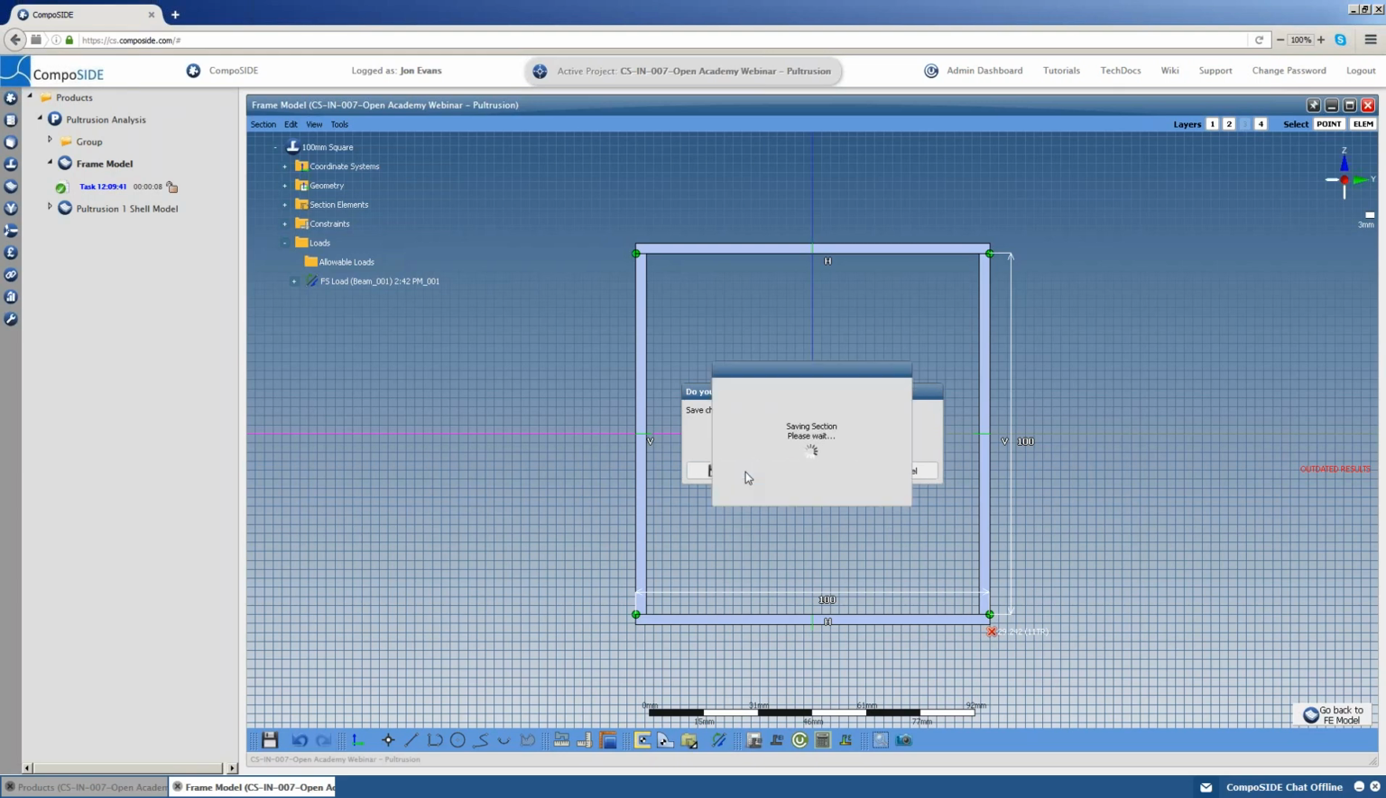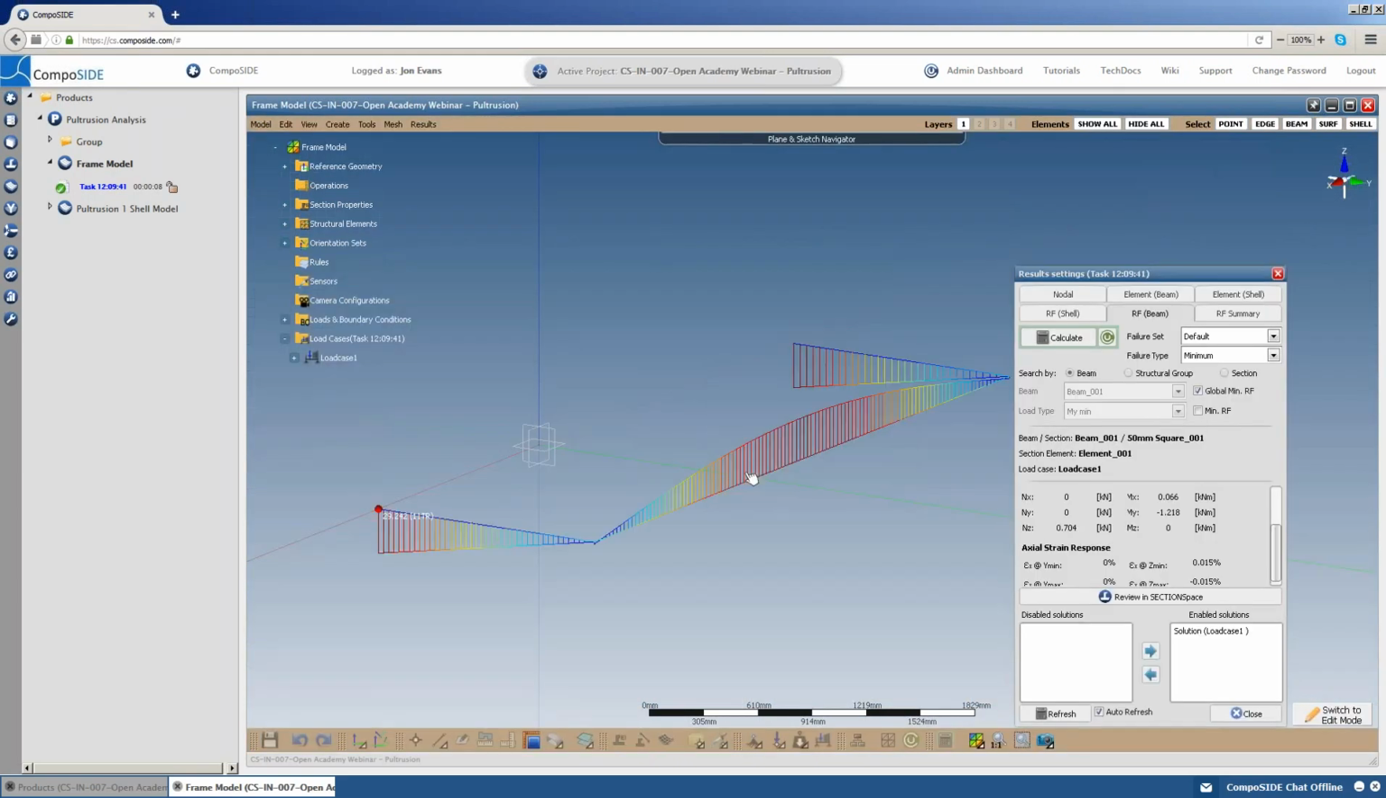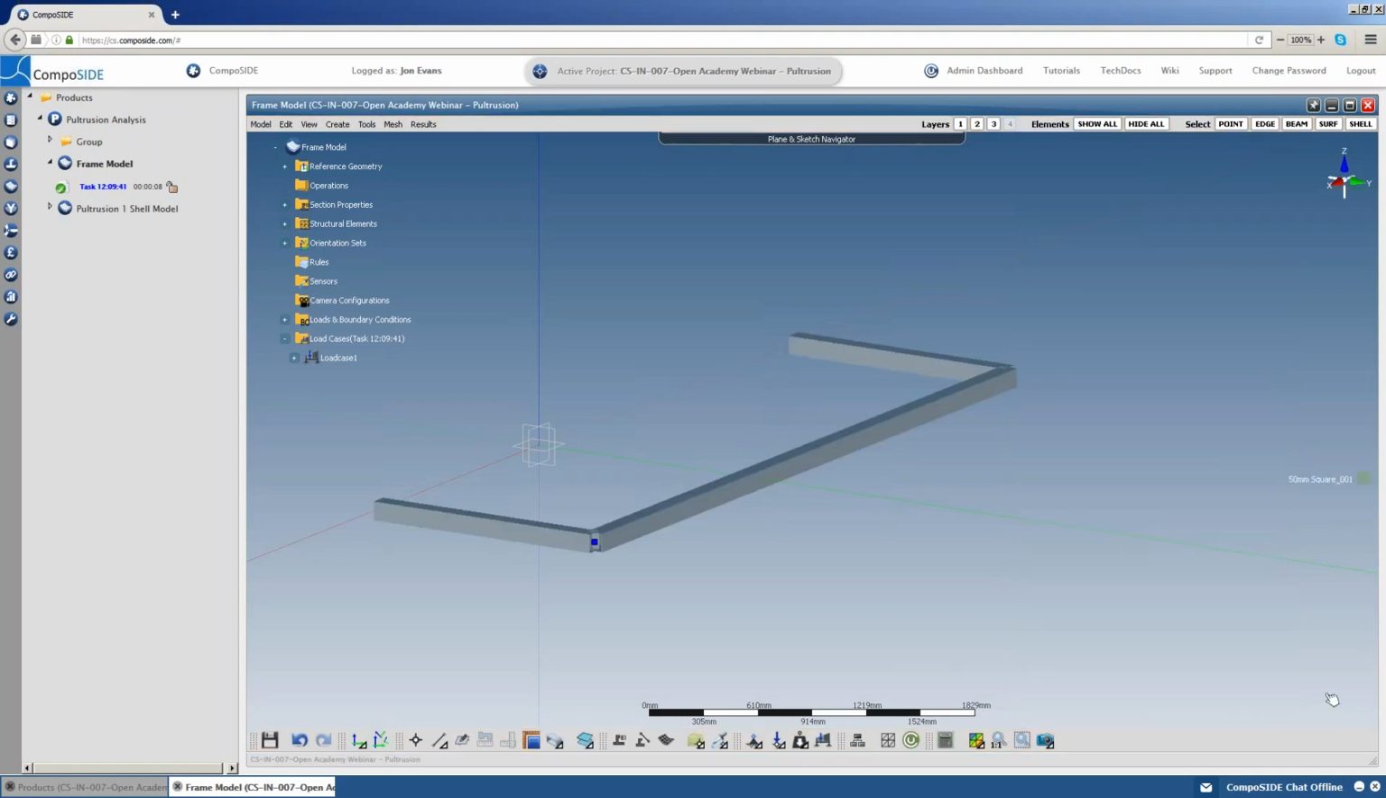Okay. So this is our analysis done. We're assuming that this is all okay. We need to generate a bill of materials which we can send away to the manufacturer or the material supplier to order our materials. So CompoSIDE, what it's done is it's grabbed all of the data from the work that I've been doing,